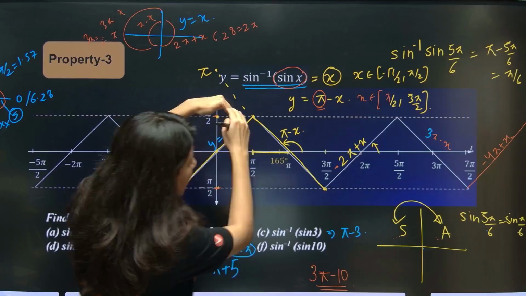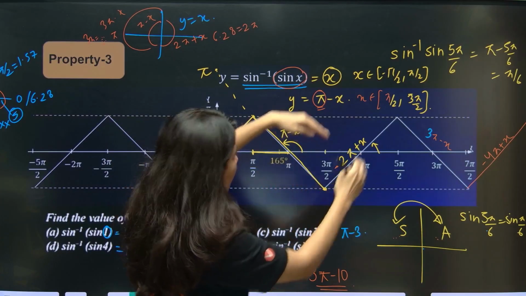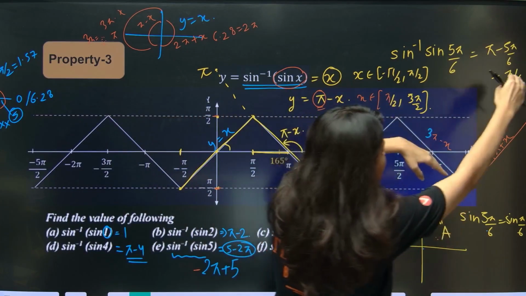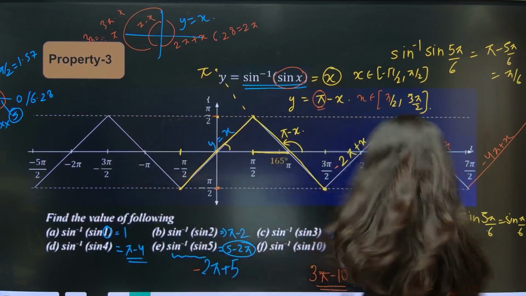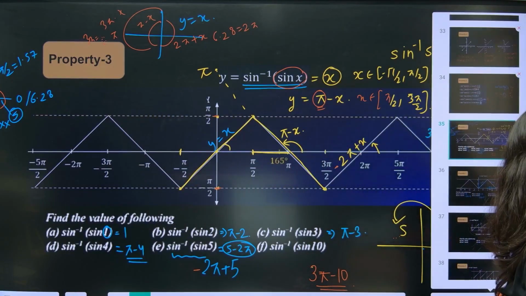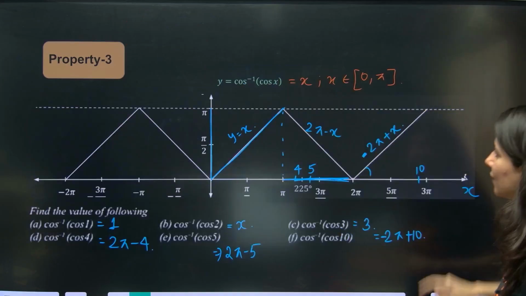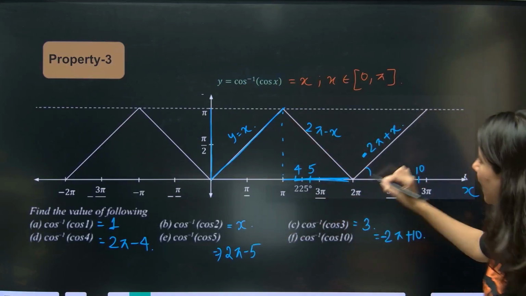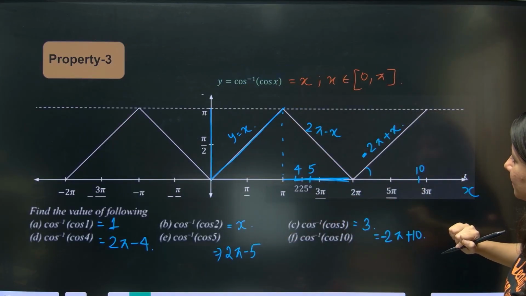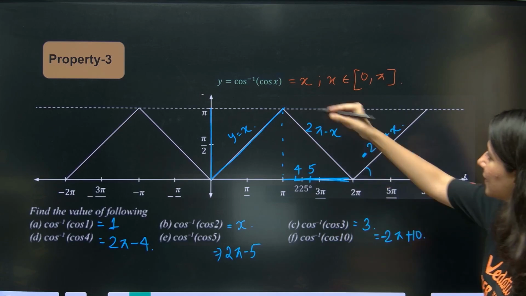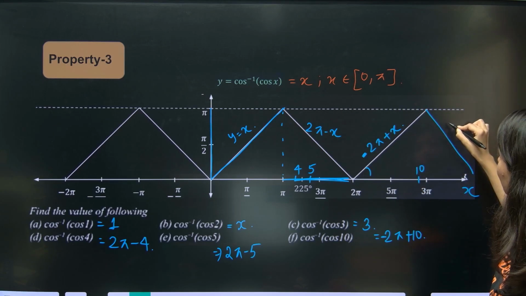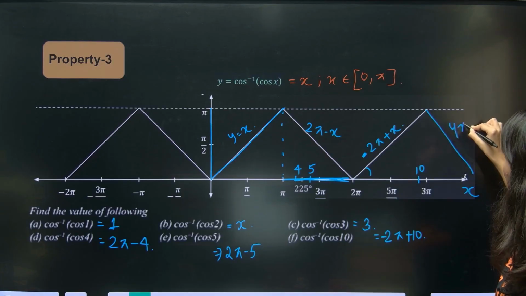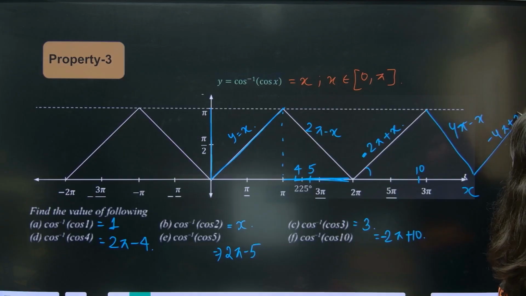Okay, now this one, pi minus x, correct? This is 3 pi minus x. The next will be what? 5 pi minus x. Sign clear, everybody? Now, if sign is clear, then we have cos inverse, right? So, it is x, then minus 2 pi plus x. Okay, so this is what? 2 pi minus x, minus 2 pi plus x. The next thing will be what? 4 pi minus x. And this will be what? Minus 4 pi plus x. Like that.